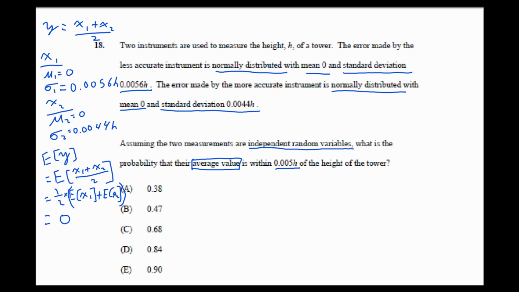The easiest way to do it is to first find the variance of y, which is what we're going to do. So I'm going to start down here. The variance of y